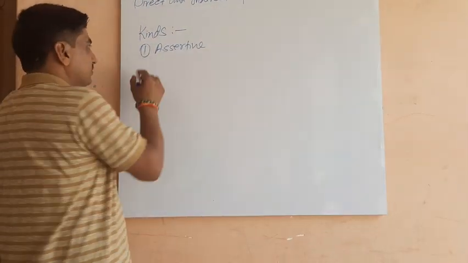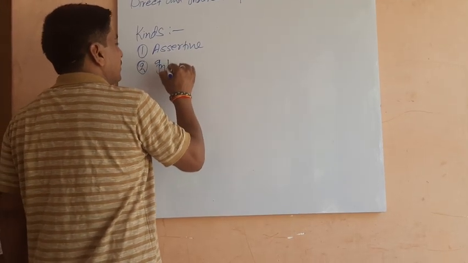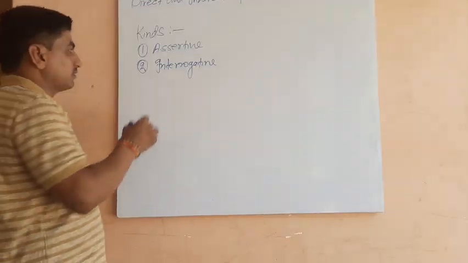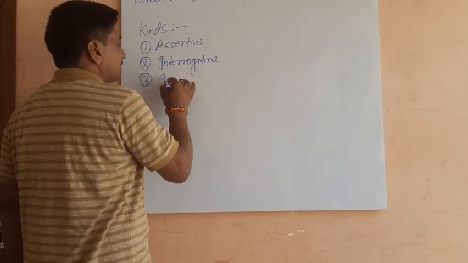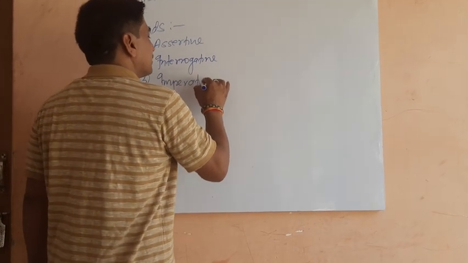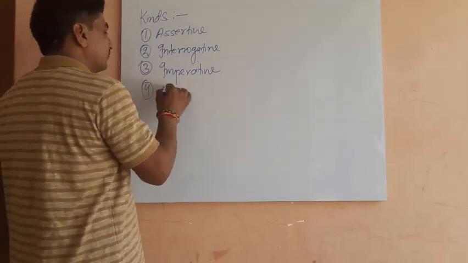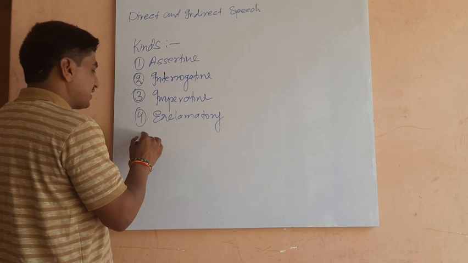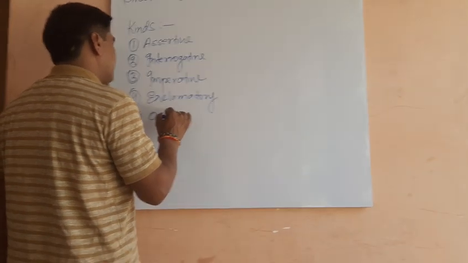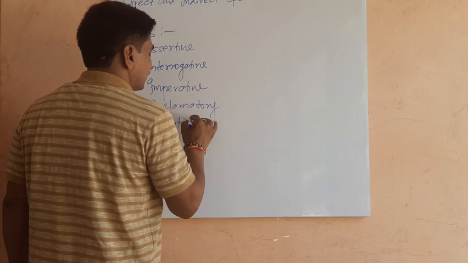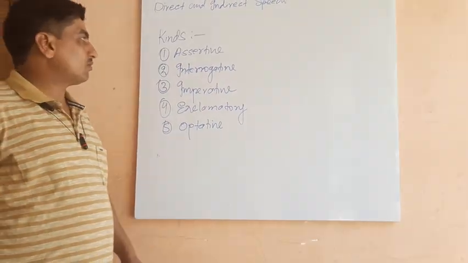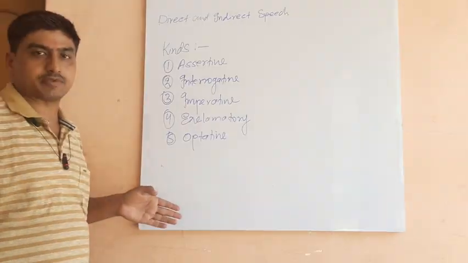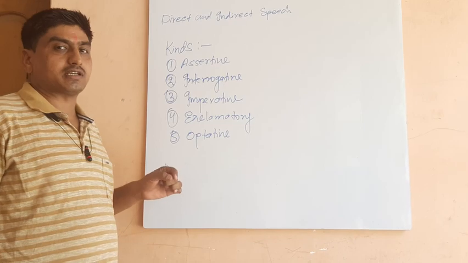First one is assertive. Second one, interrogative. Third one, imperative. Fourth, exclamatory. And fifth, optative. Now, very quickly, let us understand how to identify the sentences, because I have observed in students the problem